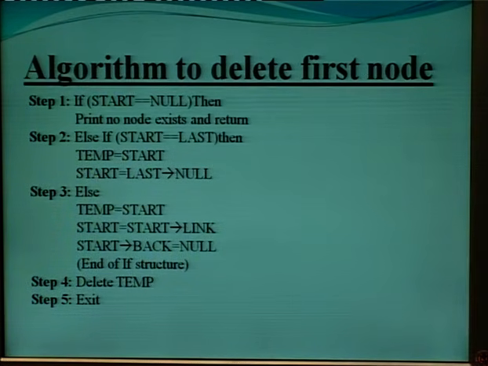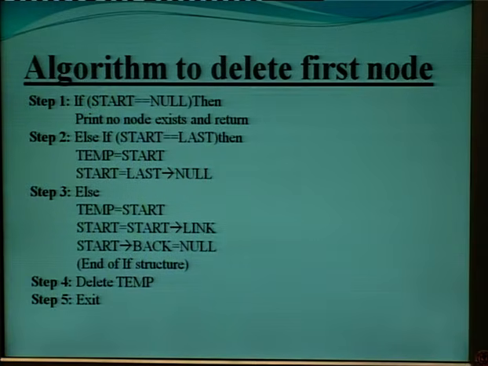So what is the algorithm to delete the first node? If start is equal to null, then print no node exists. It means if there are already no nodes in a doubly linked list, then which node are we going to delete? So no nodes means no node exists and return; all nodes are already deleted. Else if start is equal to last,